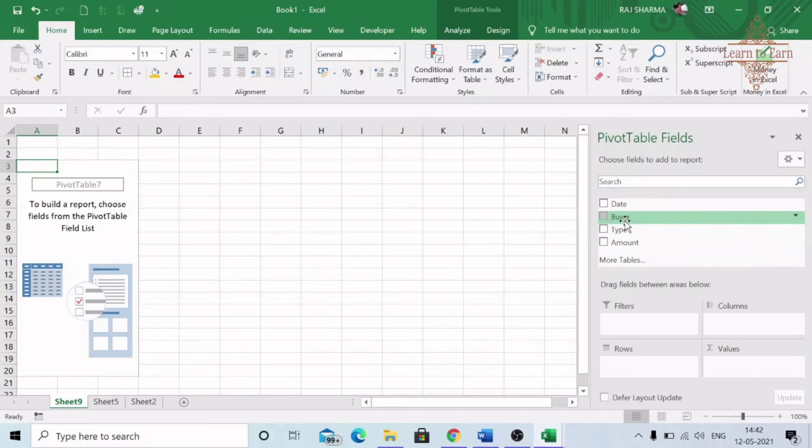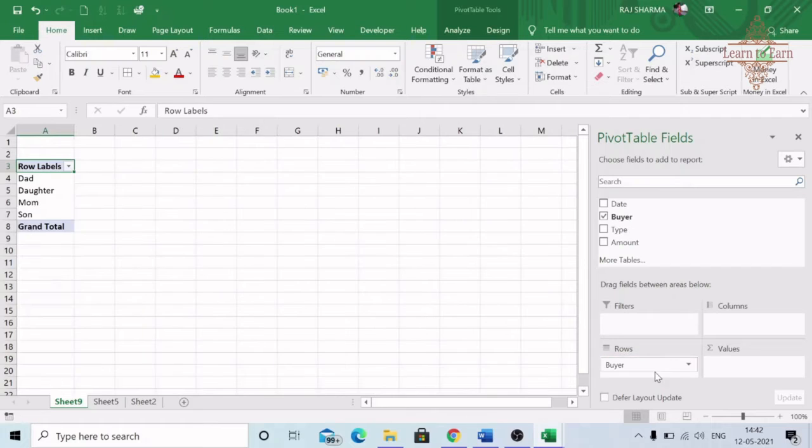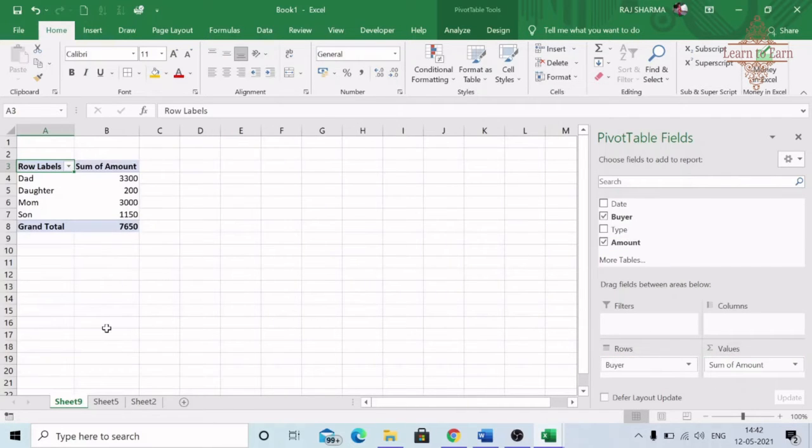Now you have to simply drag them. I want buyer in the rows and the amount spent adjacent to it. You can see this pivot table now very easily shows how much amount is spent by dad, 3,300, daughter 200, mom 3,000, and son 1,150.